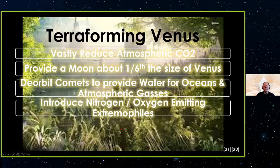And then finally, once we get to that point and we can begin to cool the planet, we can introduce nitrogen and oxygen emitting extremophiles. These are bacteria that are able to live in extreme environments like we have here on Earth. We have organisms that live in very hot, high pressure environments here on Earth. If we introduce those organisms to Venus and the result of their living produces nitrogen and oxygen, we can begin